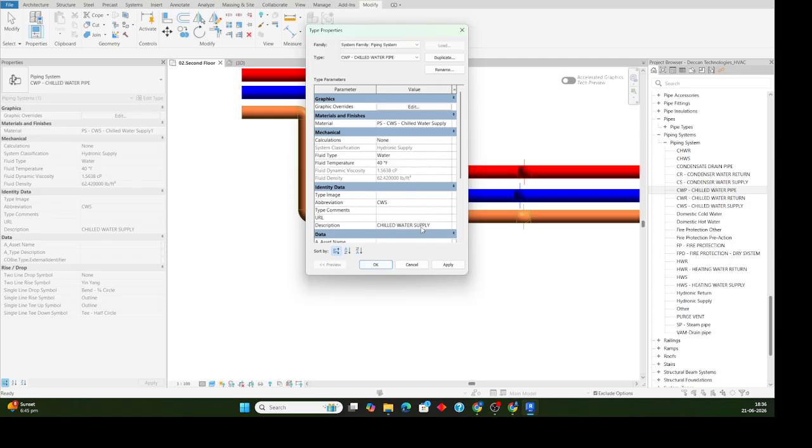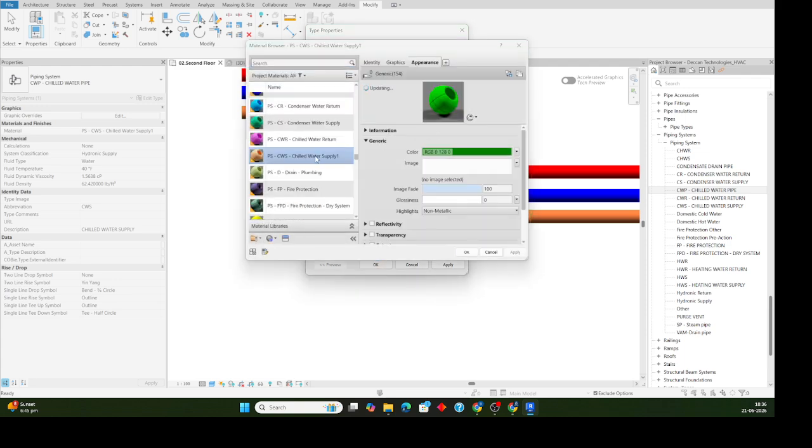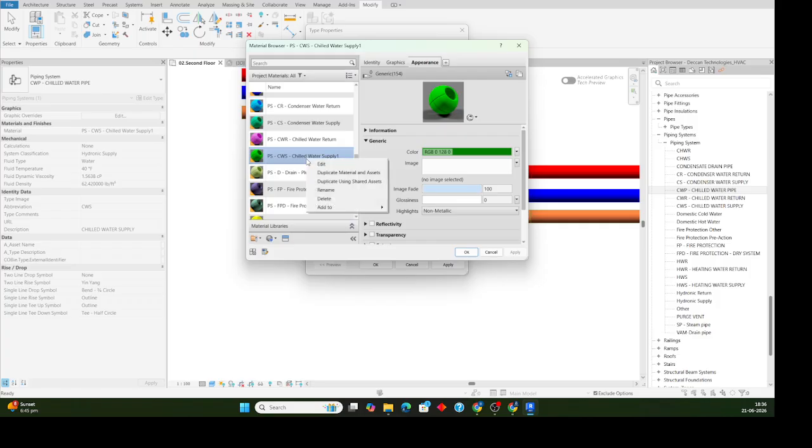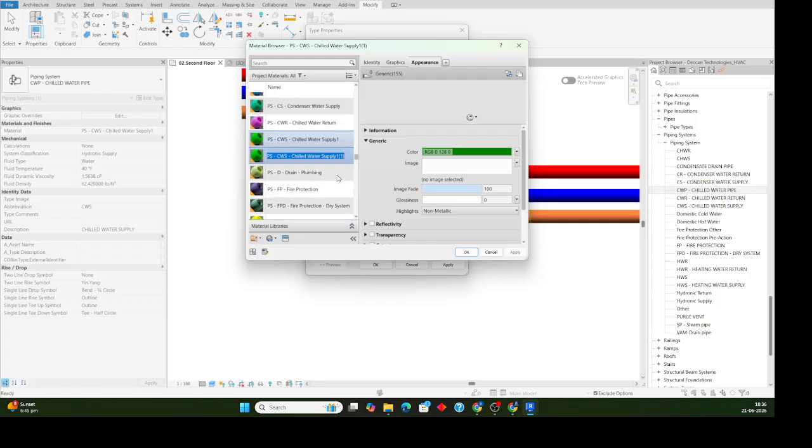I can make it this one over here, and just give the material over here, and this you can just make a duplicate or whatever you need. Okay, so then you can change the color, whichever color you know. Okay, for example, I'm just duplicating with the material as that, and I'm just giving like